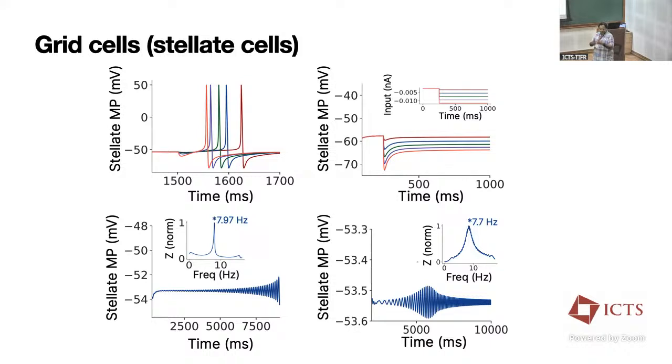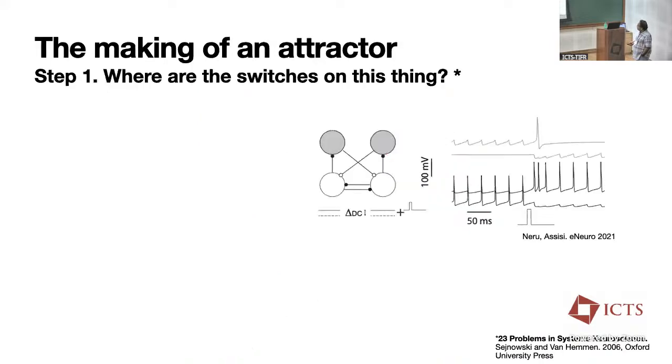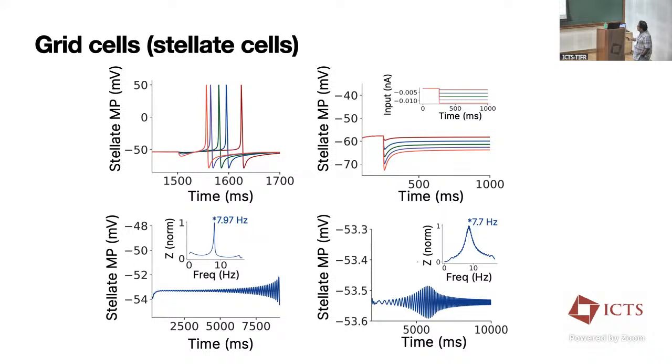And the question is, have we reduced things too much? Do we need to increase the complexity? What does the complexity buy you? These are the kind of questions that we're struggling with. And Inayat started, Arun before him, and Inayat started working with somewhat detailed conductance-based neurons like this, trying to generate grids. And it turned out to be quite